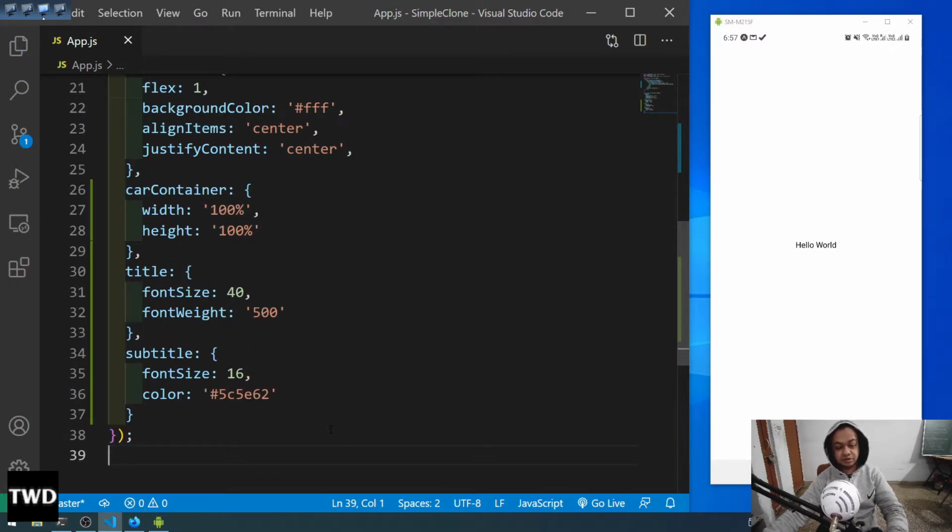Let me save it. Let me see if the refresh is done. Oh, it is doing great, because if I would have used the Android sim emulator, this might have been very slow. Okay,